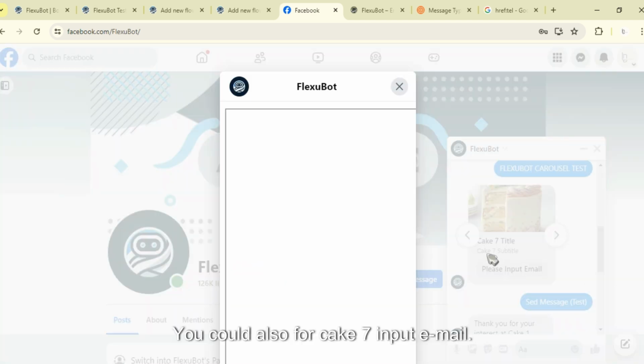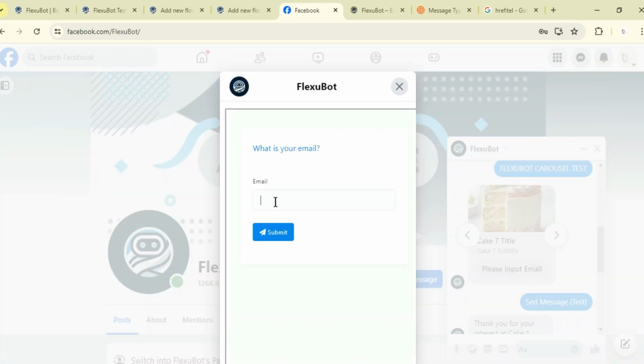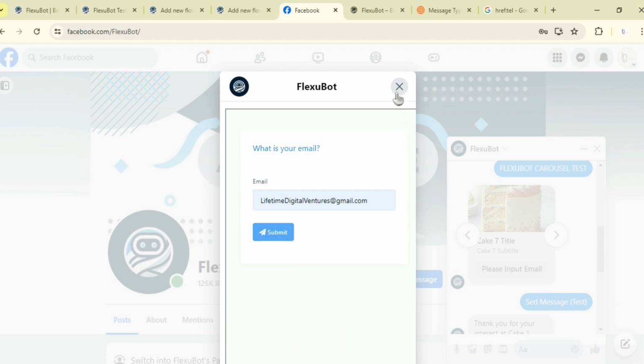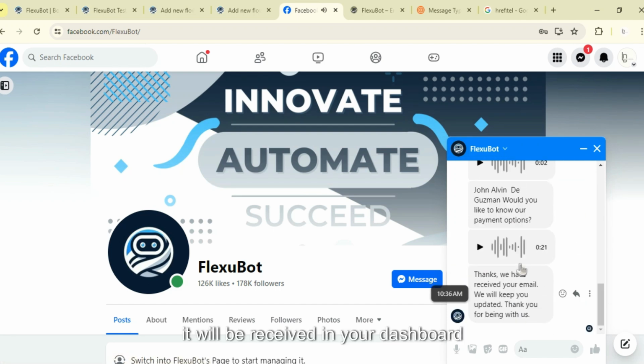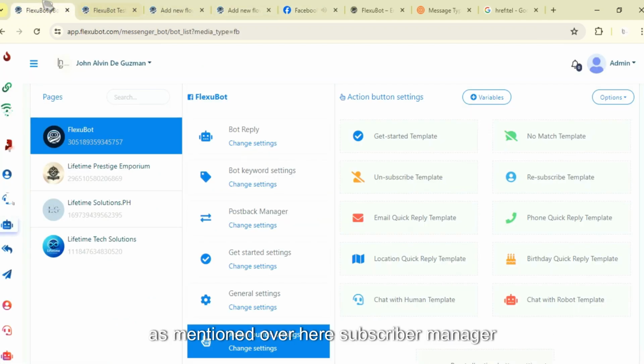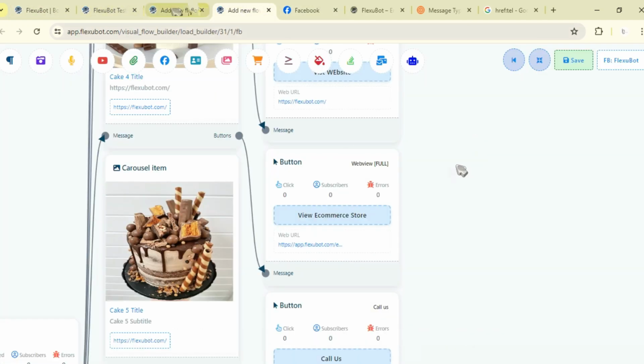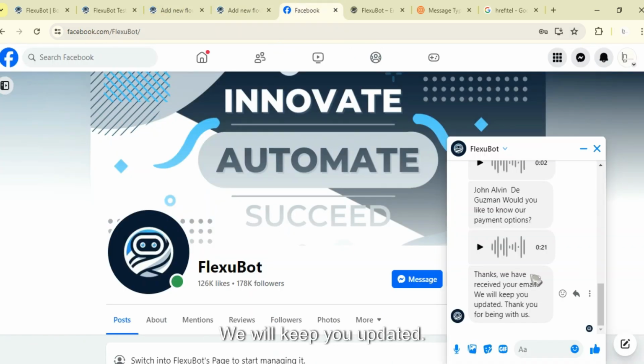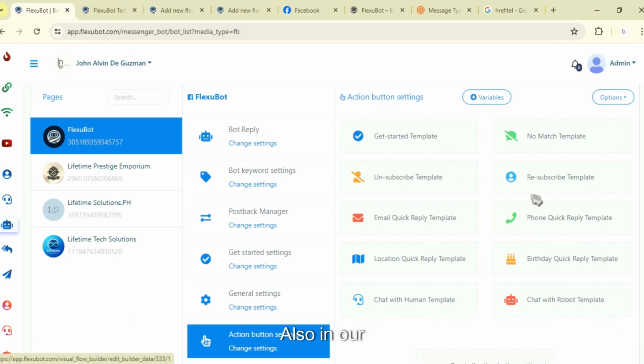You could also, for cake 7, input email. Let's input our email, for example. Yes, it will be received in your dashboard, as mentioned over here, subscriber manager. And they will be texted, thank you, we have received your email, we will keep you updated, thank you for being with us. This is also in our